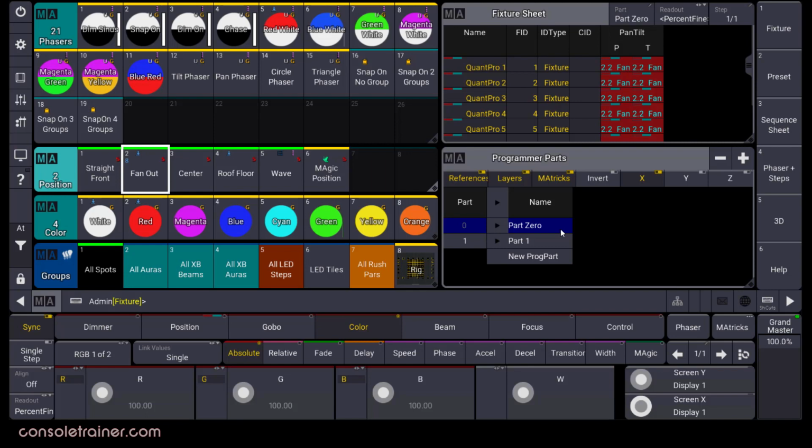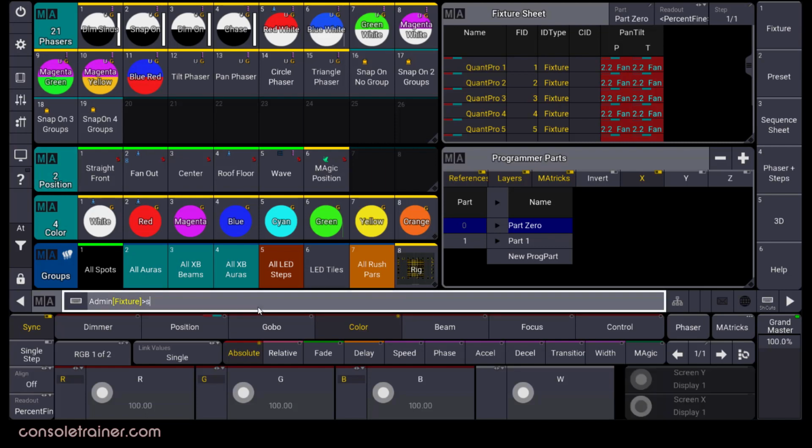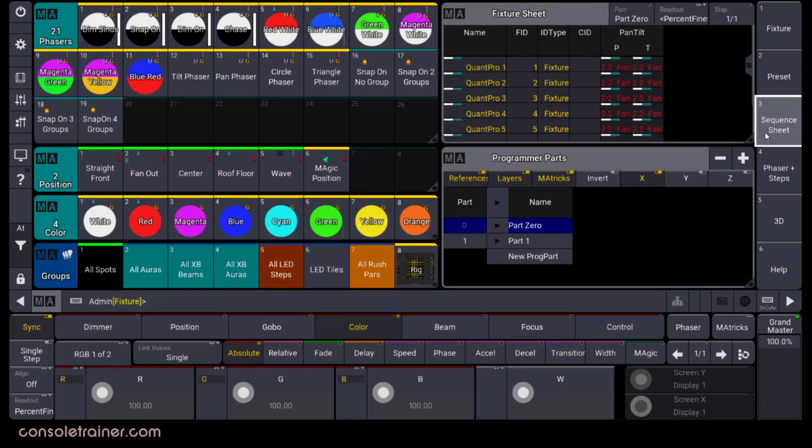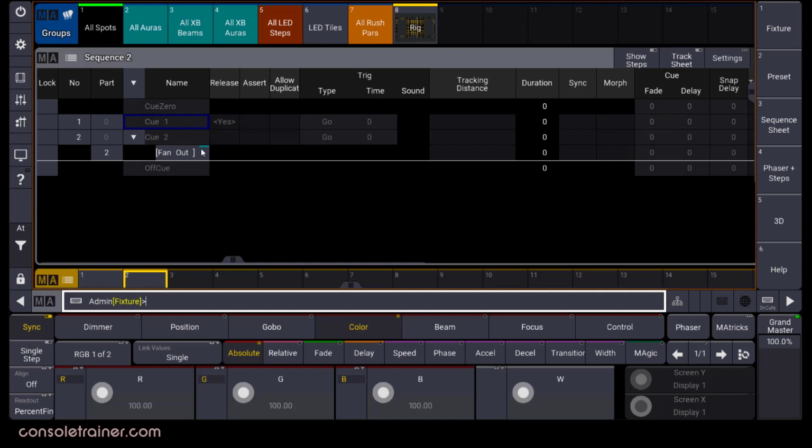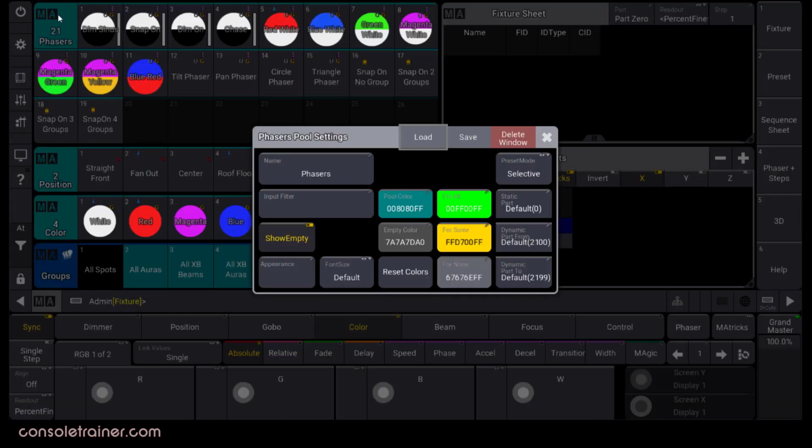Now, you can change preset parts of individual presets, but this seems a little clunky to me in a normal workflow. Alternatively, we can put a preset in our programmer and type store qx part y, and it will overwrite this. But this is also not perfect because I need to make sure that when storing that I'm only storing this preset value. And that might mean making sure that only this preset is active or using store filters. I mean, again, it's extra work, and when you're programming a tour, ain't nobody got time for that. So that's why I'm hoping this gets updated in future versions. Okay, enough ranting from me.